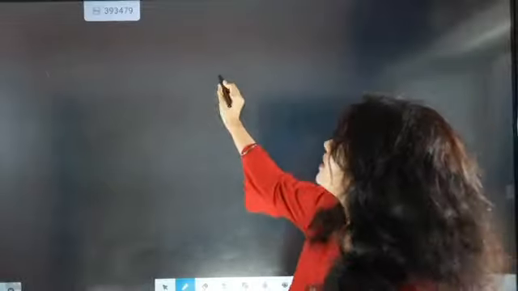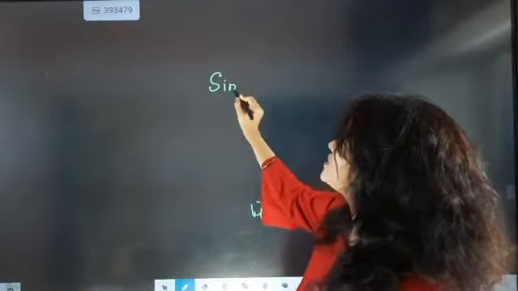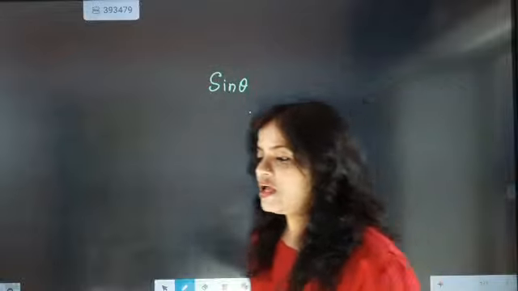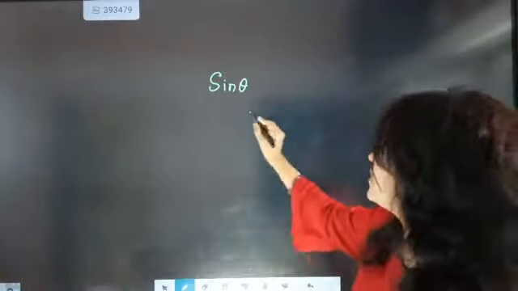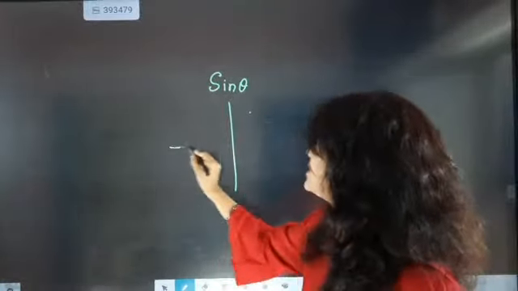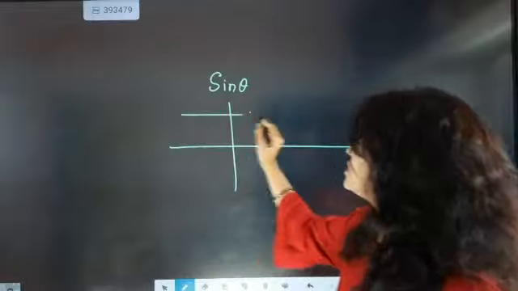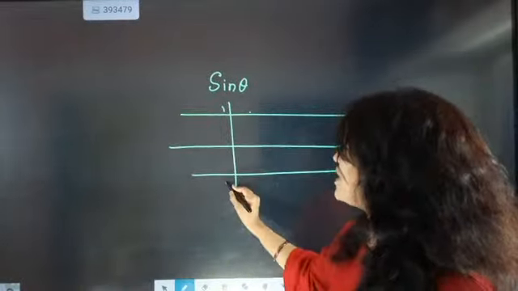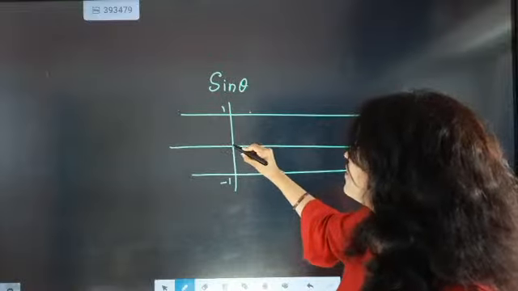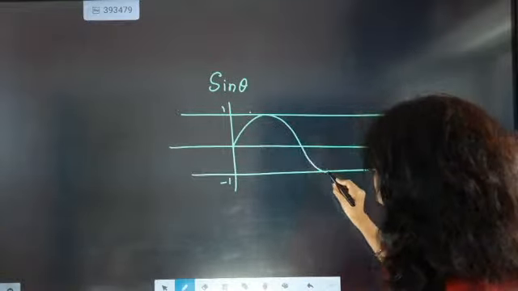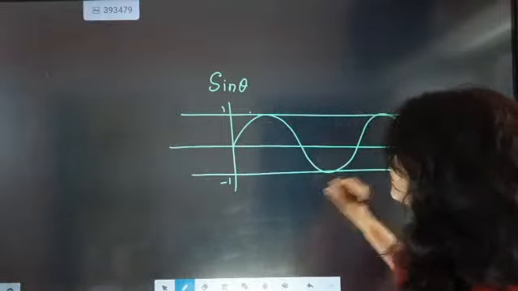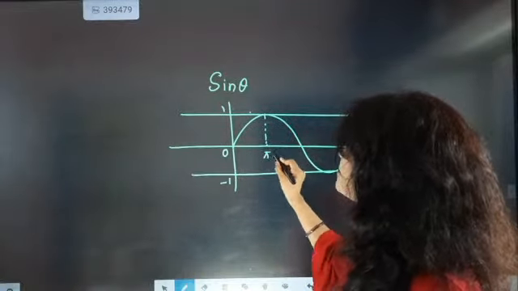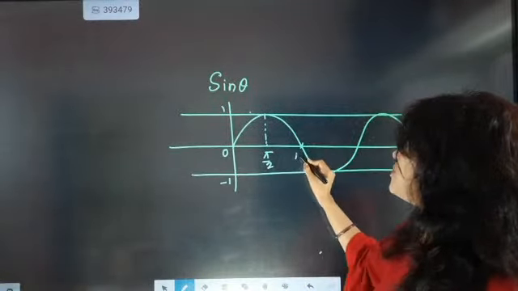The first thing is, if somebody tells you sine theta graph, then you can draw the sine theta graph very easily. We can draw like this, and this line we are going to draw, and we will say it is 1 and this will be minus 1, and then from here we can start. So here it will be 0, this part will become 90, this will become 180,